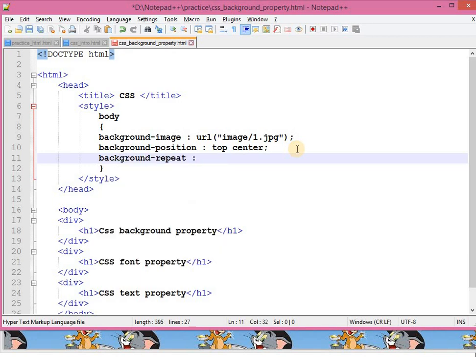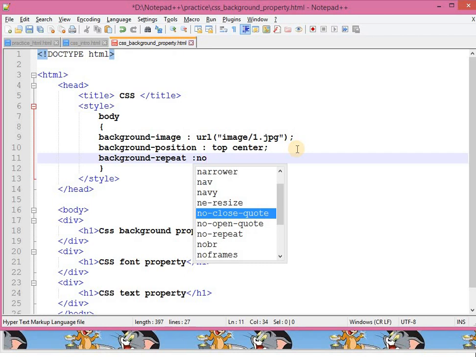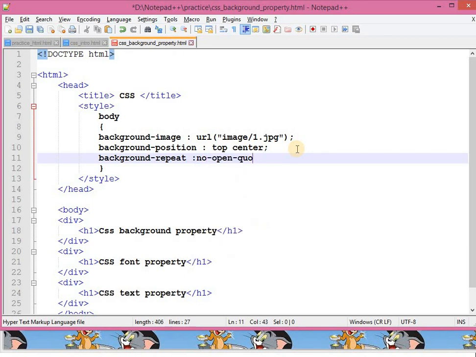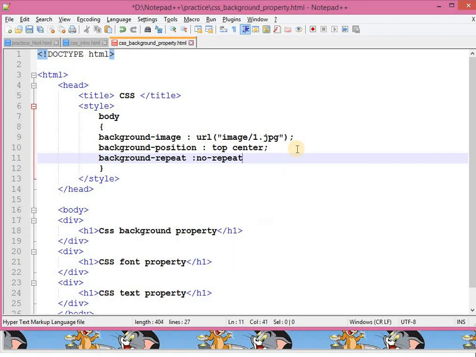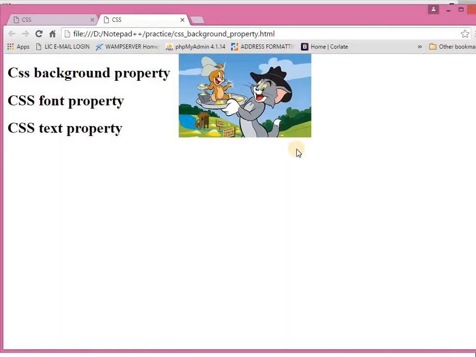Whenever I use a background image, its default value is repeat in all directions, so I have to mention no repeat. Save, F5. You can see that our image is in the top center.